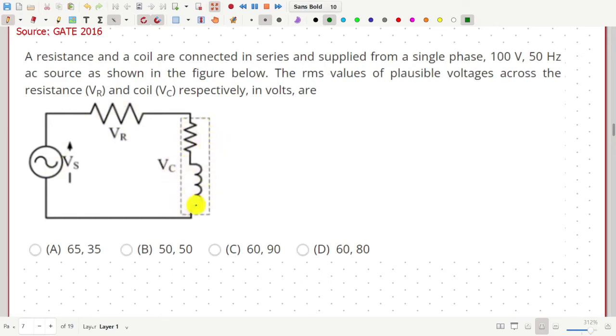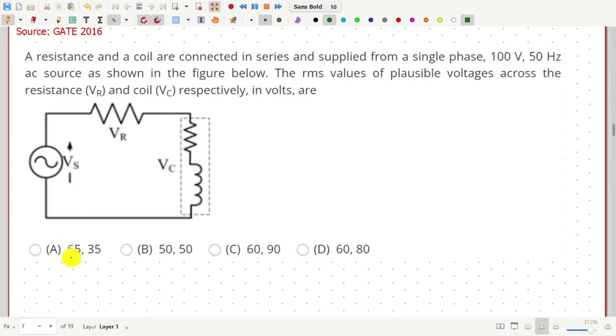The coil has some inductance as well as some resistance. Okay, and the source voltage is 100 volt RMS, and we have to find the possible values of resistance voltage VR and the coil voltage VC. Okay, so we have four possible options given,